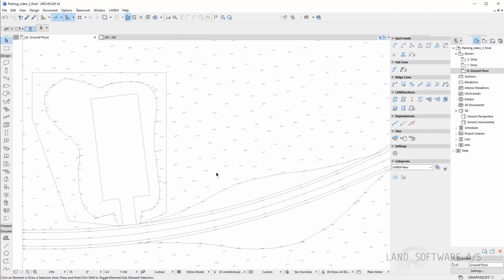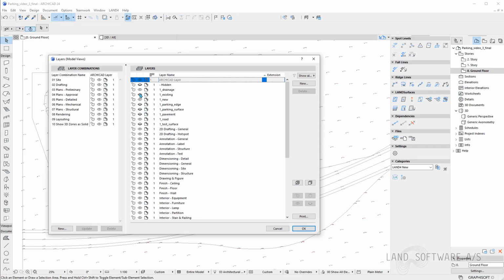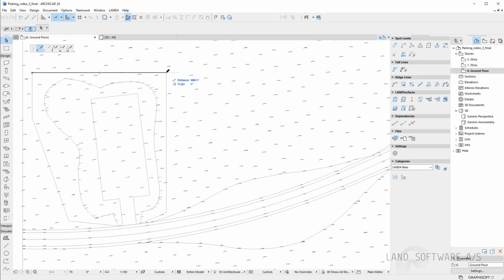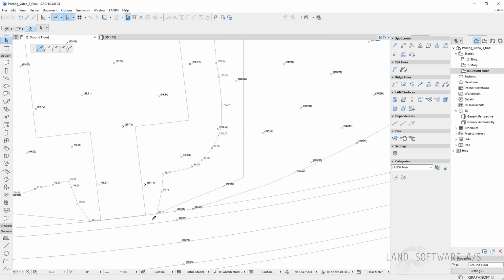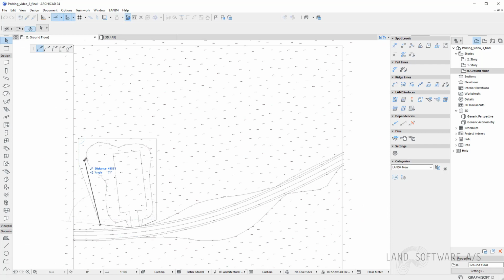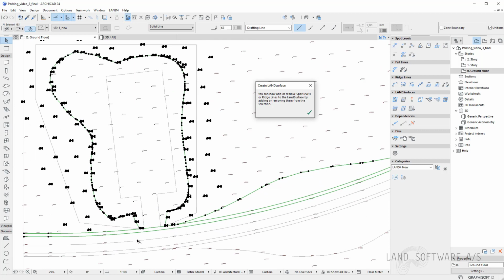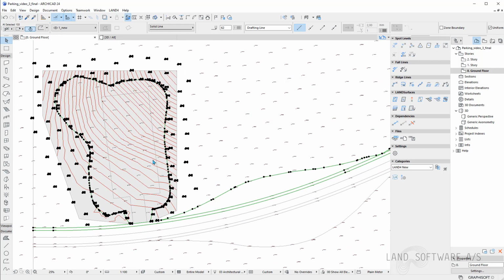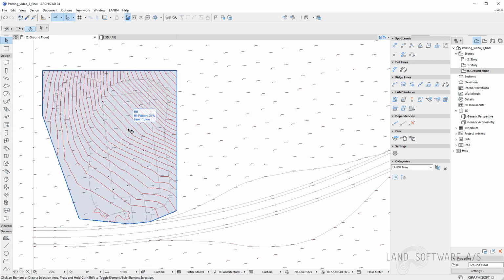And I can now show again the existing terrain. I can delete the surface and recreate one. So I'll use new. So now if I go and follow this, I need to use the manual. So I have to define this area manually. That is because I have a closed polygon in between. So the magic wand won't help me this time. So this is my new terrain.